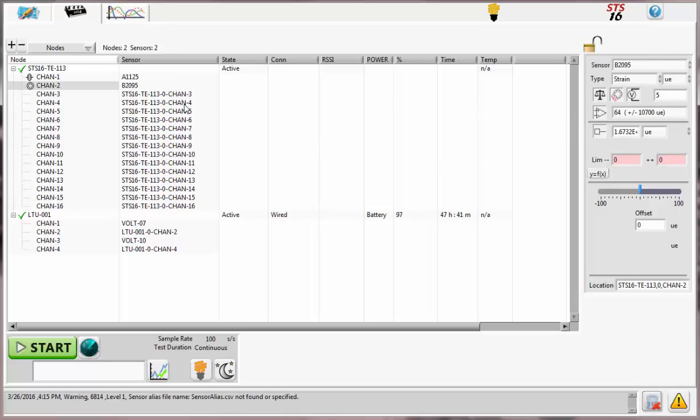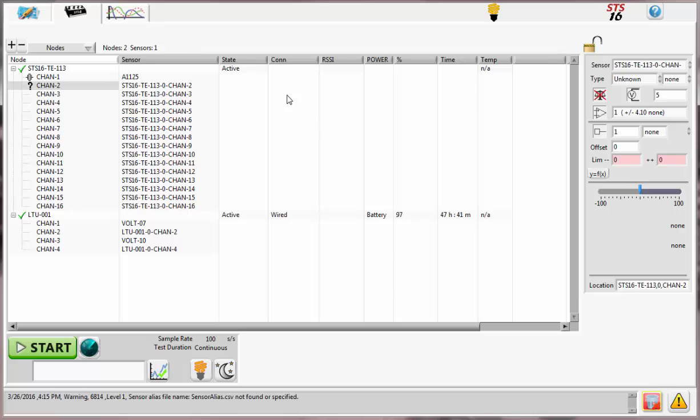Oops, I had clicked on the wrong one. So this is actually a good opportunity for me to show you how to remove a sensor from a channel. If you accidentally clicked the wrong sensor, you can simply click on the channel again, and right above the add sensor is going to be the original channel name for the node. So I'm going to click that, click the green check, and we'll see that that goes back to the original